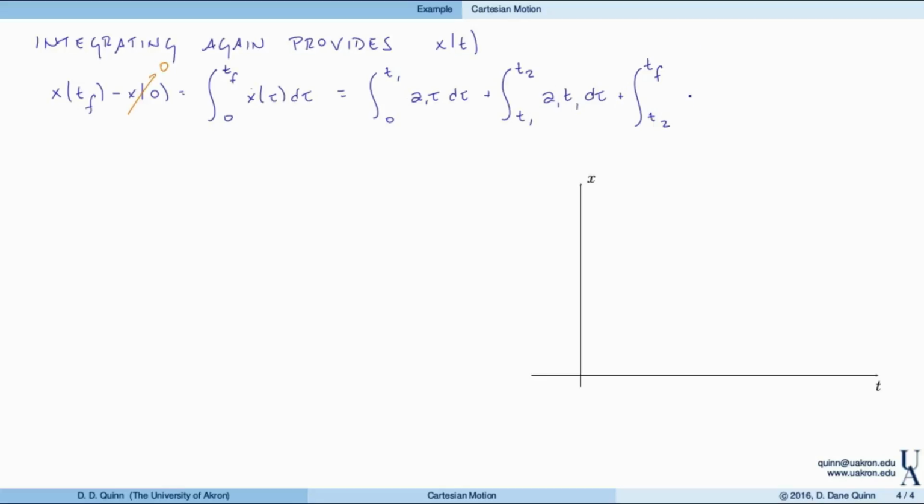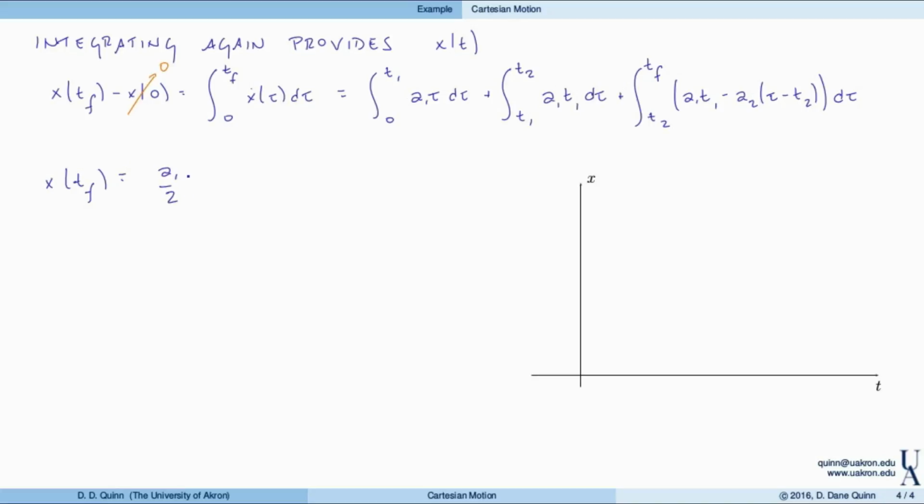And the velocity of the vehicle at this point was a1 t1 minus a2 times tau minus t2, d tau. So again, we have to evaluate this integral. Well, when we do this, we find that x of t final becomes